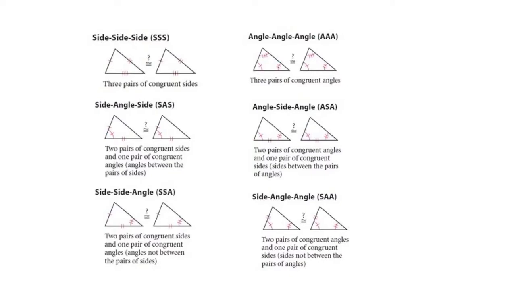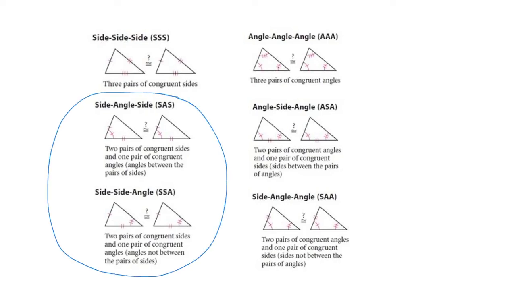All right, so here's another look at the 6 combinations that we talked about on the previous slide. So you can see where we started off with side, side, side, 3 pairs of corresponding sides that are congruent, angle, angle, angle, 3 pairs of corresponding angles that are congruent. And then for the other 4, on the left, we've got the 2 that were 2 pairs of sides and 1 pair of angles, but make sure that you understand the difference again between side, angle, side, and side, side,